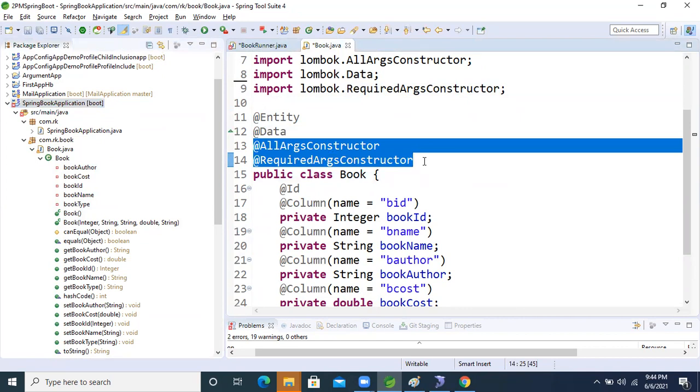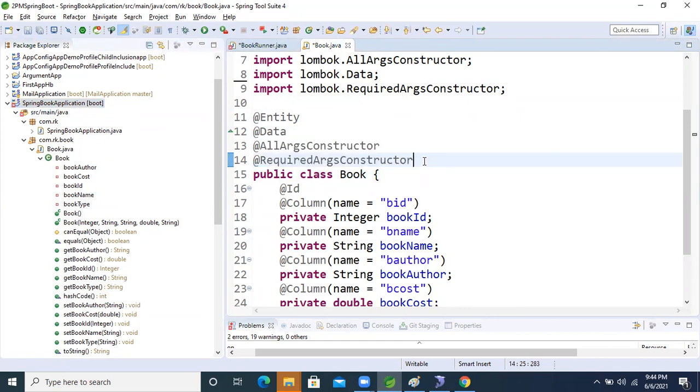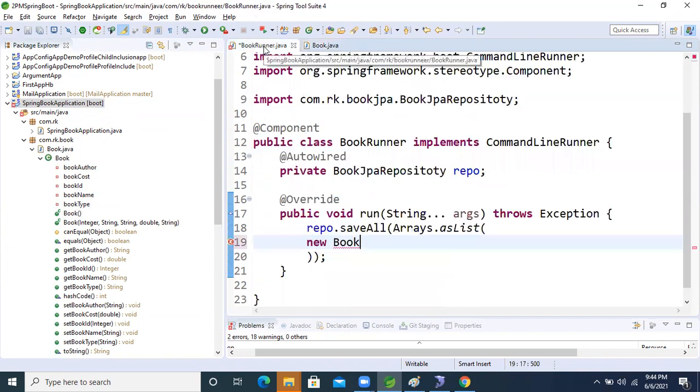Can you click Control S, save it. Control S, already I saved it. Sir, the application.properties file you are taking, earlier you copied it in Employee. You will change the application name.